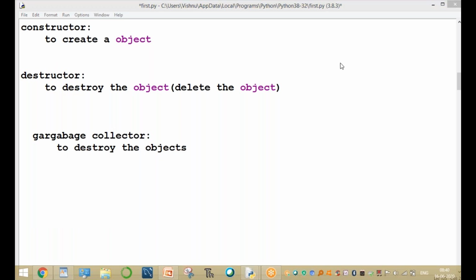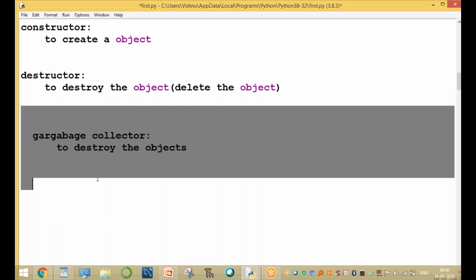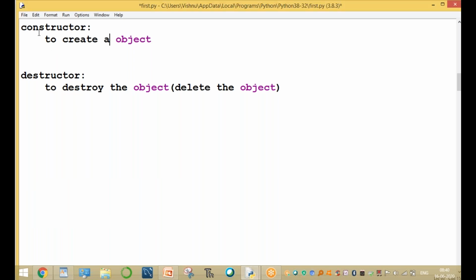All the objects are destroyed. Similarly, in Python, one concept is available. Creating an object is called a constructor. Destroying the objects is called a destructor. What is a constructor? The concept is constructors in Python.